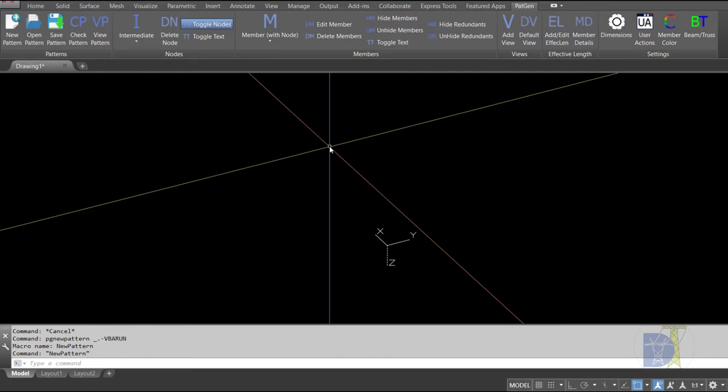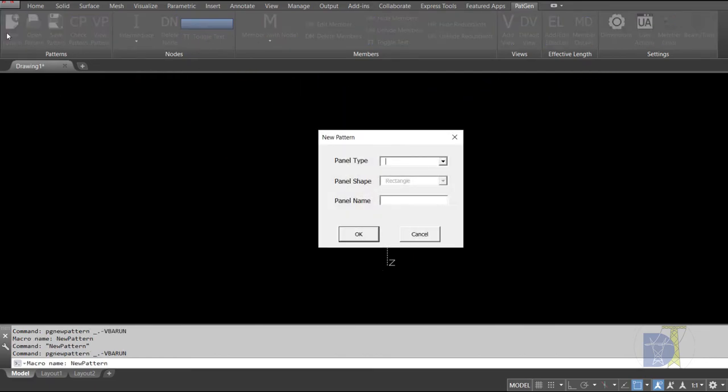First of all, the user can open PadGen software and click on the New Pattern button. In the panel type, if you go to the bottom of the list, you can observe 4 new horizontal panel types. HWB means horizontal window bottom, HWT means horizontal window top, beam EQ means beam pattern with equal peaks, beam unequal means beam pattern with unequal peaks. We have also introduced inclined peak as well, which can only be used on top of beam patterns.